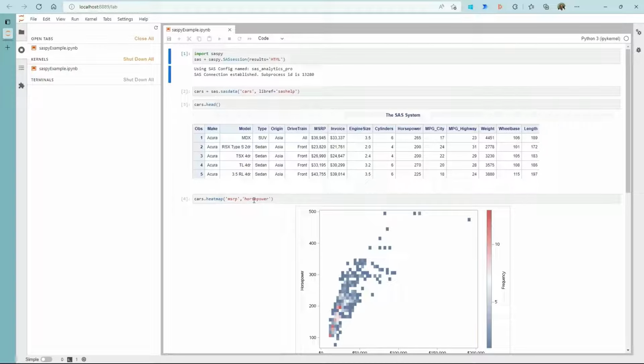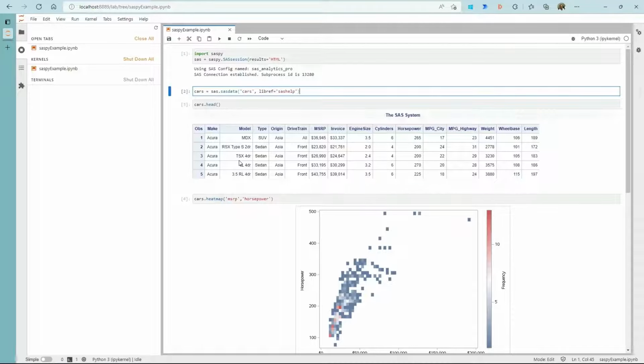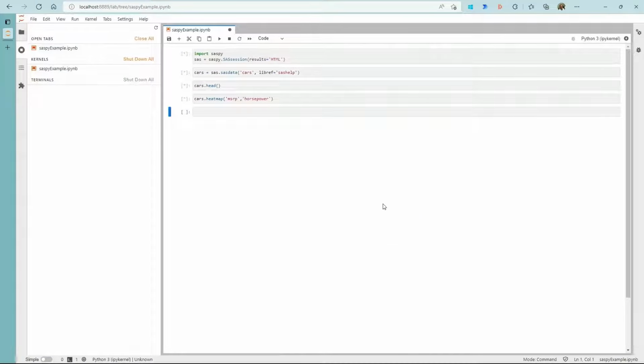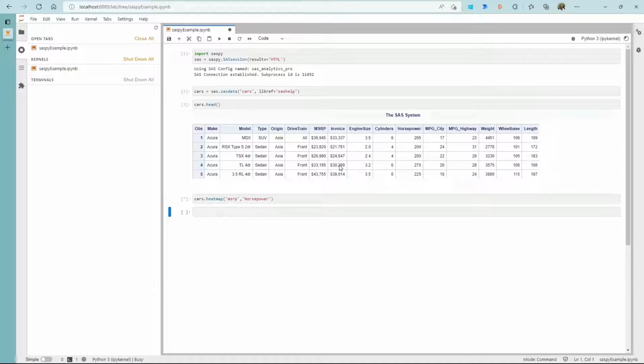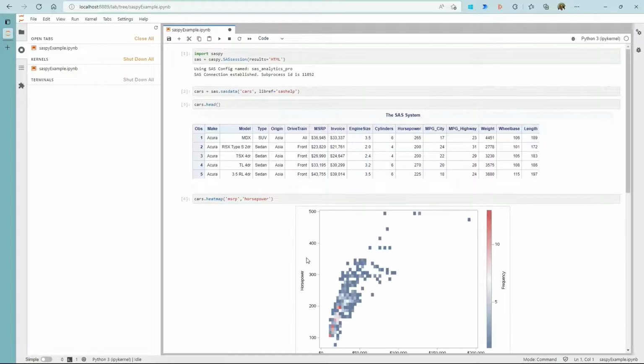Here is an example running Jupyter Lab where I have Python code where I am connecting to SAS, creating a session, then accessing some data sets in SAS, printing it, and running a picture. So I am going to go ahead and rerun this to show it working. It cleared everything. So in a second, we should see the results. There is the first few lines of the data set, and now we are getting the graph that we were